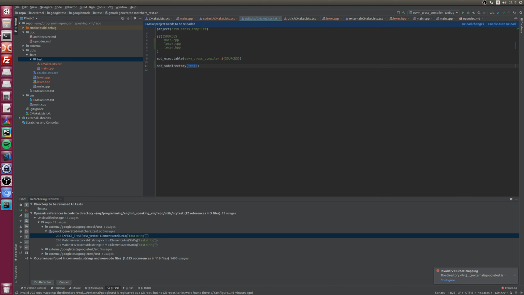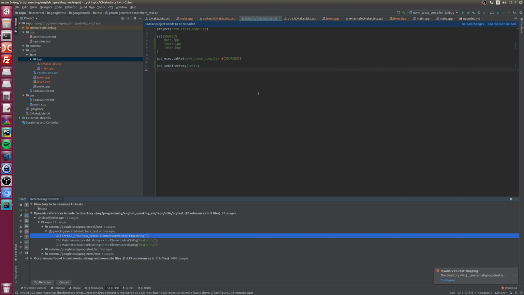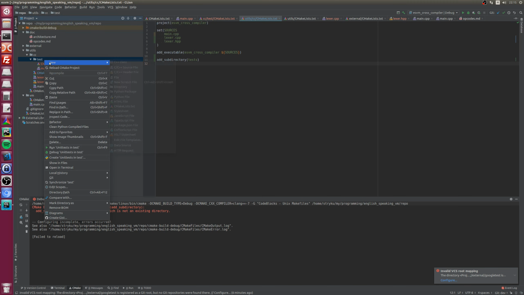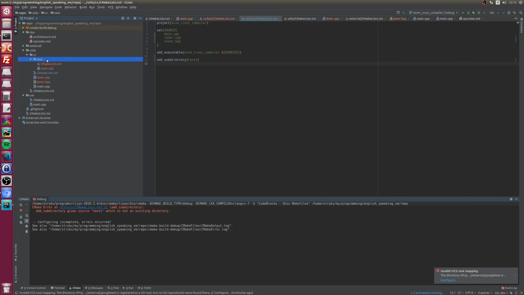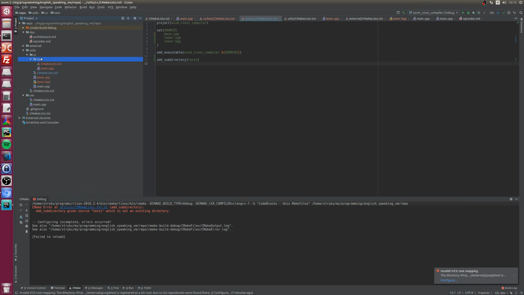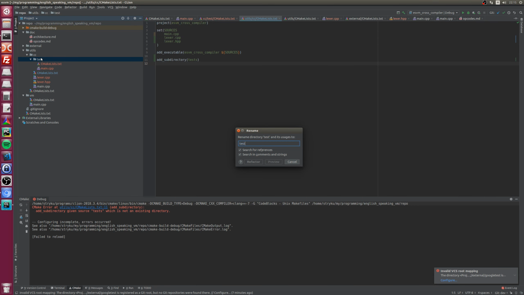Let's continue. So I added tests here, and it's not an existing directory. How? Reload. Okay, no. I renamed it. Refactor.